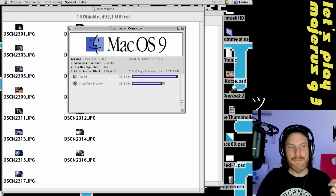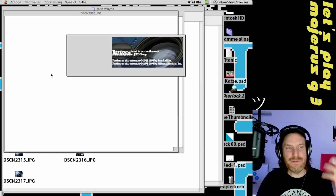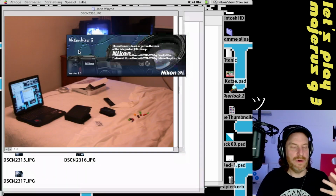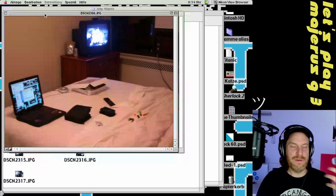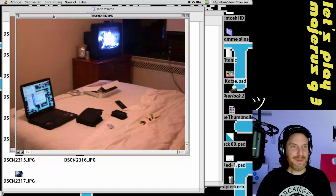9.0.4, and that was the last of the old world Macintosh operating systems before Apple switched over to a more Unix base. And it was kind of the most stable of these operating systems, although for those that remember OS 9, it was really pretty difficult. It was crashing all the time. So anyway, point being,